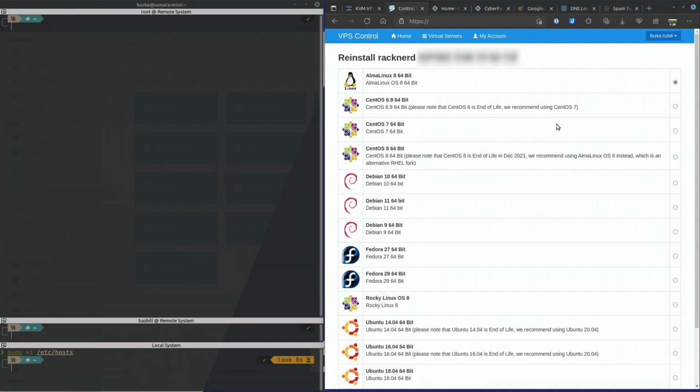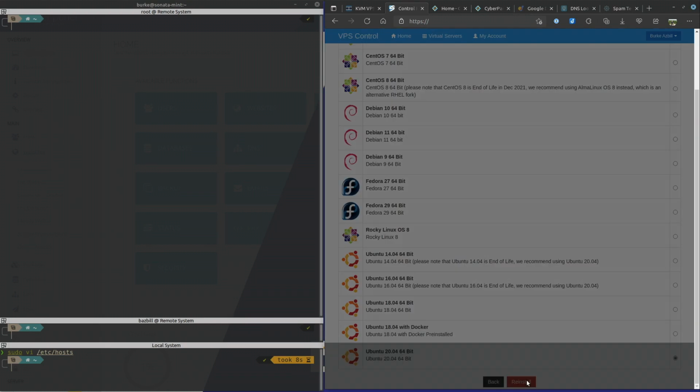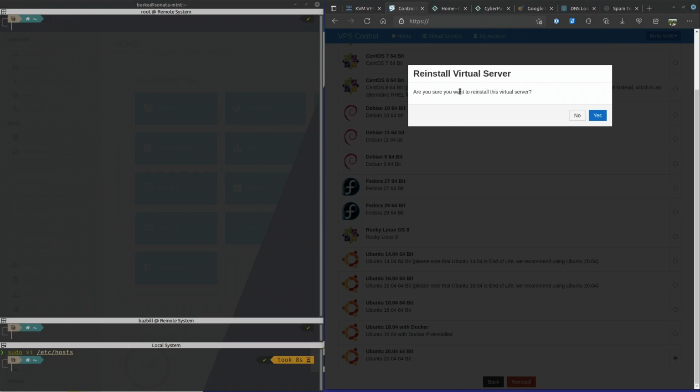Now, I haven't really been much of a RHEL and CentOS and Alma user for a few years now. Same with Fedora. I do a bit of distro hopping. For the last couple of years, I have been working with Ubuntu-based VMs, particularly because of some aspects of my work. So for my comfort and for this video, we're going to use a 20.04 Ubuntu VM. So we'll just select that here and we'll click reinstall. Now it's going to prompt to confirm whether or not you really want to reinstall, because this is going to essentially wipe out any data that was on your system.